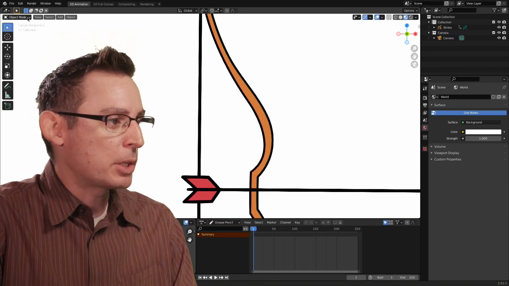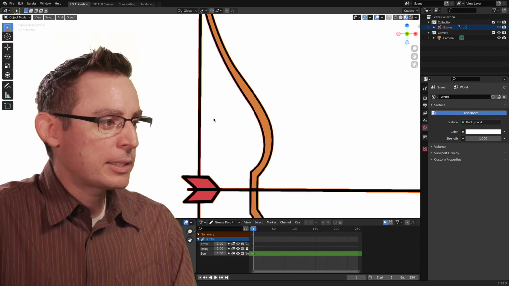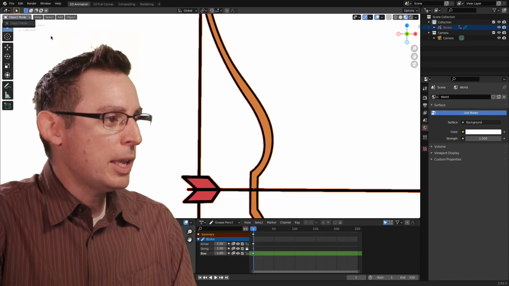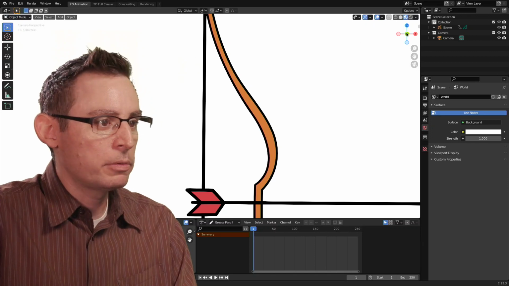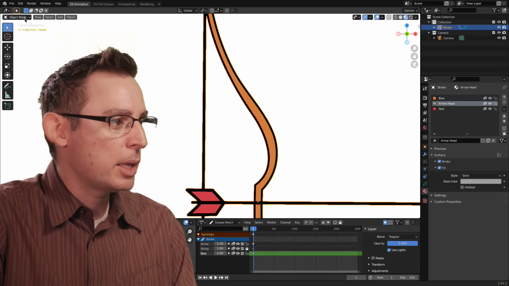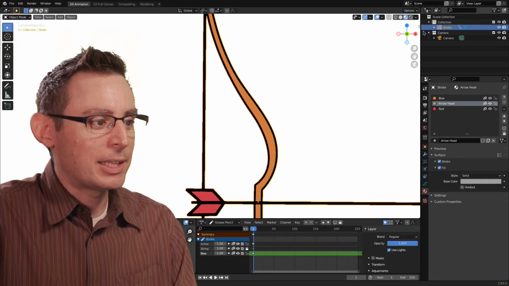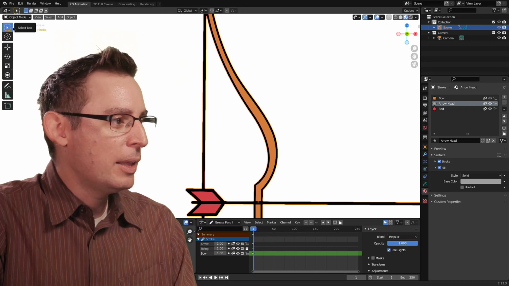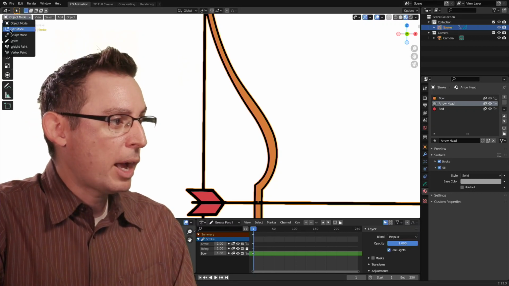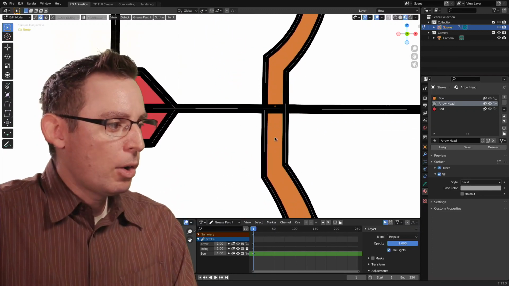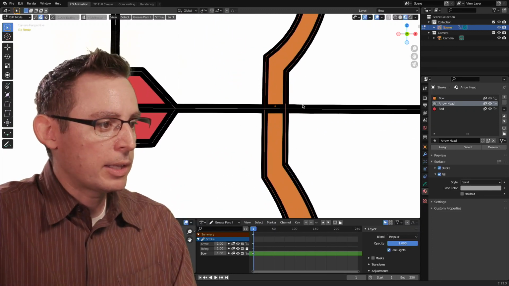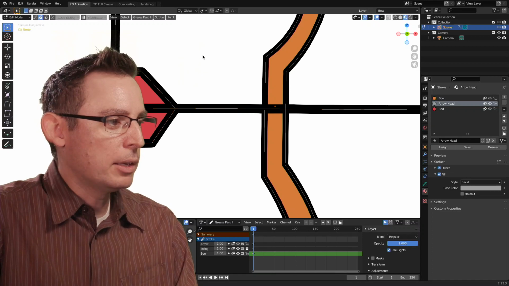So I'm just in object mode here. However, if I select my object and then run into the draw mode for my object. Now, there we go. I didn't have it selected in the outliner. I think I selected something in the background on accident. But now with that object selected, I can run into edit mode, and I can very easily see all the strokes, these little gray lines that represent the totality of this little drawing.